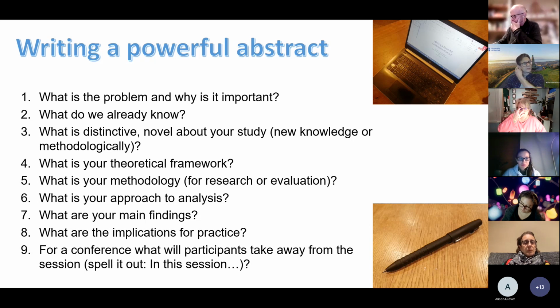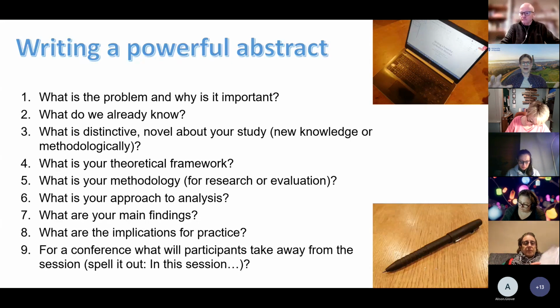So it's got a lot of similarities, whether this is for the TEAN conference or another conference like BERA or IPDA that Pete's mentioned, or just for it to be published in a journal straight away. So you're thinking about the problem that your paper is proposing, and linked to this is what we already know, what the background is. So you might want a couple of sentences that just sum that up. What is the issue that we're addressing, and what perhaps do we know about that already? And those two can be interchangeable.